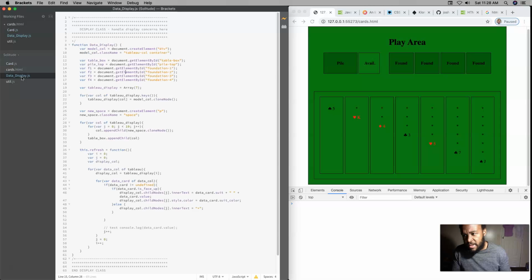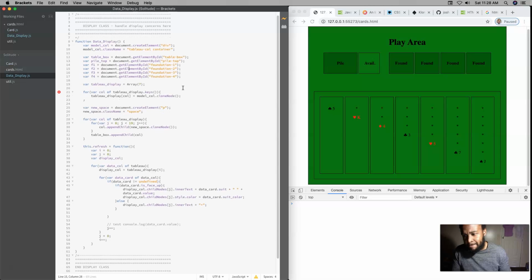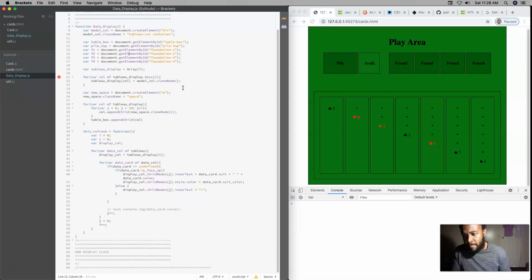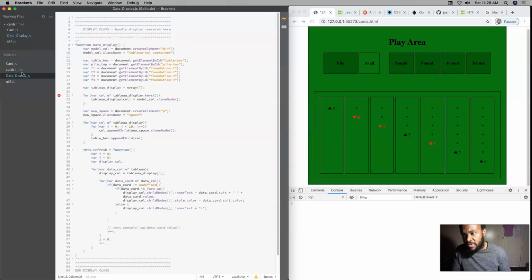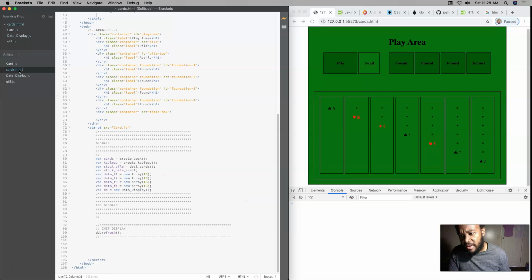Could be its own thing. Data display could be the hook, and what I can do is pass in a reference to. This is just to create a separation of concerns. I could pass in a reference. Let's see, what's the main thing? The main thing that we'll need is